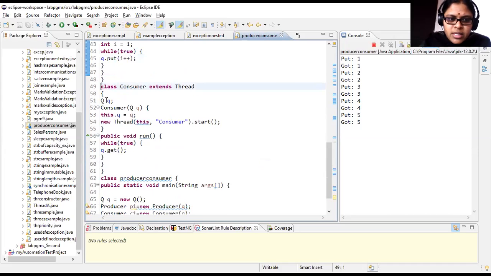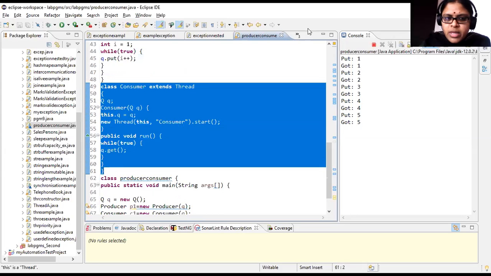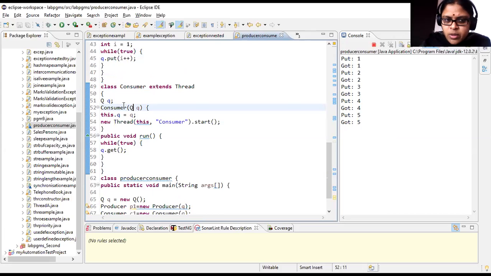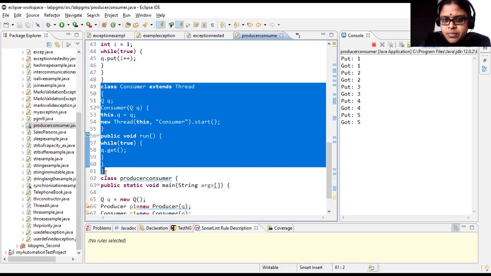Similarly, next you have the consumer thread. It is a thread, so you write it as extends Thread, and it also defines one constructor with the same q value, and the name of the thread given is Consumer, and you start the thread. Once you start the thread, this particular run method will be executed. Now what is your consumer doing? Which method should it call? Your consumer should call your get method. That is exactly what we are doing here: while(true), q.get(). So this is my class Consumer, right?